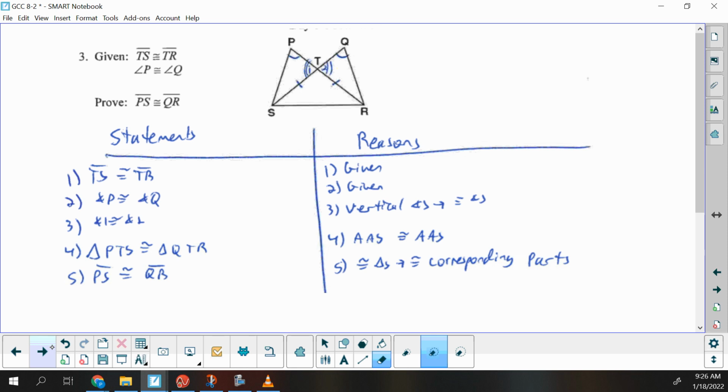All right, so this one we had some decisions as to which triangles we were trying to get congruent. Eventually we want PS and QR, so we need 2 triangles that have those 2 sides. So it was either these ones here, or you could have done those big ones as well. Those both had PS and QR. Well, to decide between those 2 choices, we want to see, in our givens, which triangles is it kind